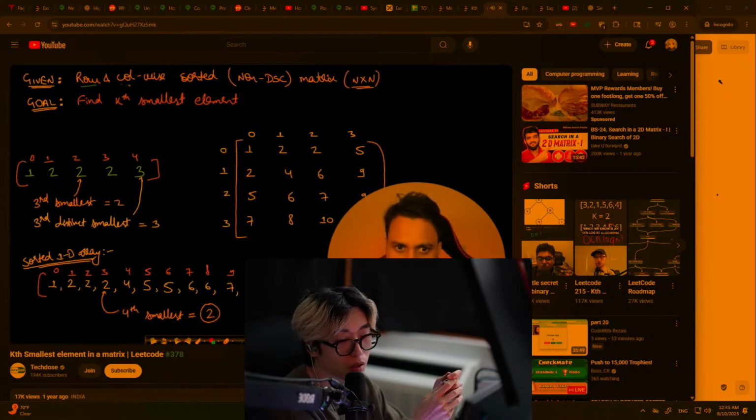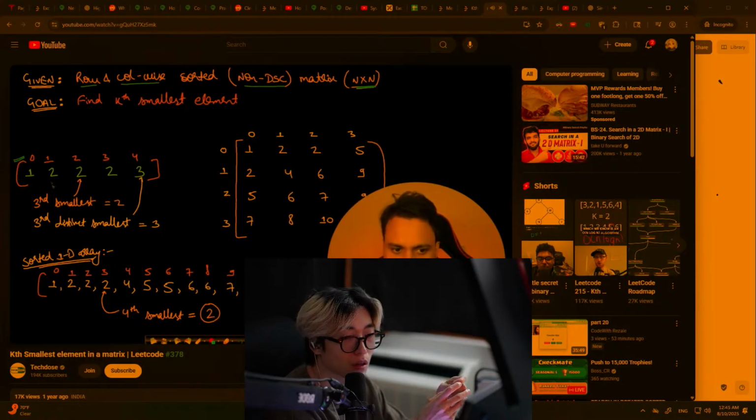In our case, we are given a row wise and column wise sorted matrix in non-decreasing order, and the matrix size is n by n. Our goal is to find the kth smallest element. Let's consider a one-dimensional matrix. It is not an n by n matrix, but I'm just giving you an example that if you have a single dimensional array, then in this case, if they are asking about the third smallest element,